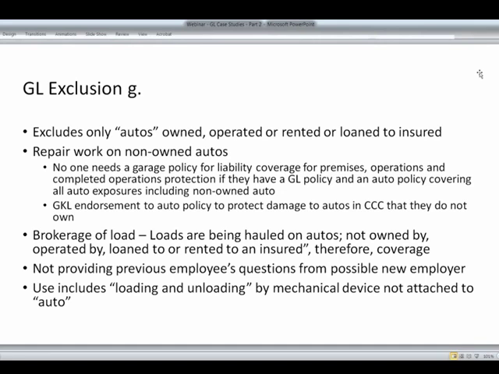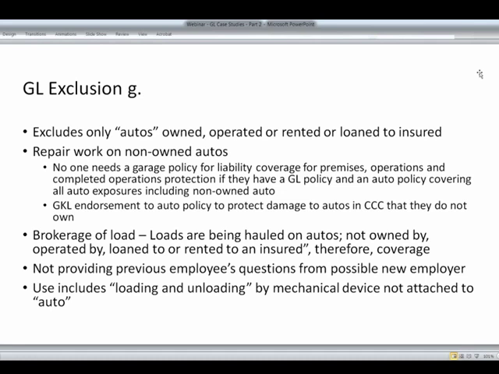Second question is, however, is that truck that Jones Trucking is operating, do I own it as a broker? Do I operate it as a broker? Is it loaned to me or rented to me? And the answer to that question is no. So therefore, my general liability policy will address my exposure as a broker for brokering that load to a motor carrier. It will also cover even if part of the claim is because of dangerous entrustment, negligent supervision, because again, that auto that caused the accident is not an auto that I owned, operated, was loaned, or rented to me as a broker. So that's the other area of coverage here.